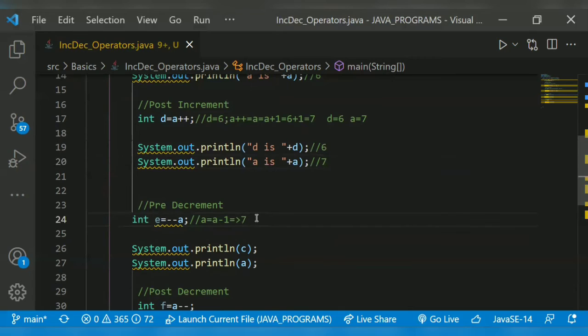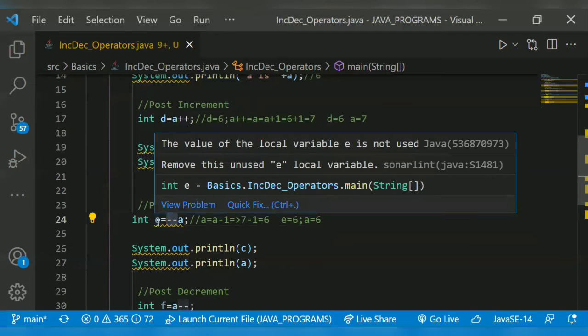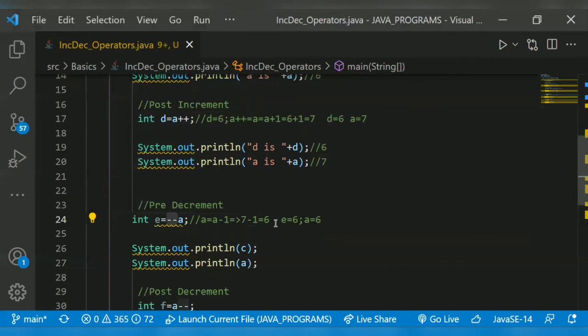So 7 minus 1, which is 6. So e is equal to 6. Then a is also decremented by 1, so a is equal to 6. It decrements by 1 first, then it is assigned to e, then a is also decremented. Now e is equal to 6, a is equal to 6.